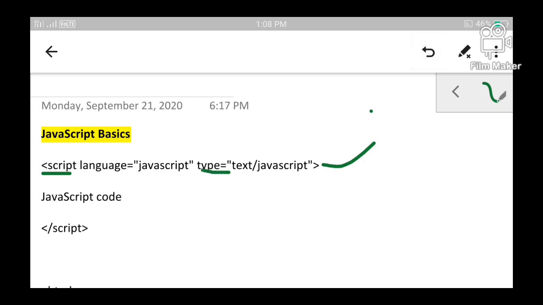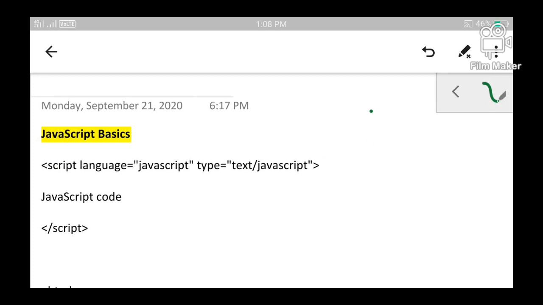And this is the second attribute, type. Type should be assigned text/JavaScript. Since this is a value, it should be enclosed within double quotes. So using the first script tag, we have assigned two attributes with their corresponding values: language has been assigned JavaScript and type has been assigned text/JavaScript. Now the script tag is set.